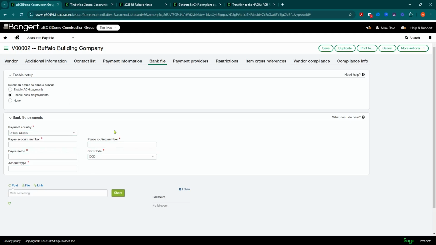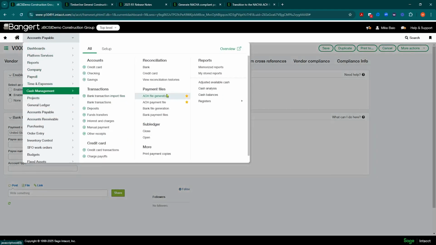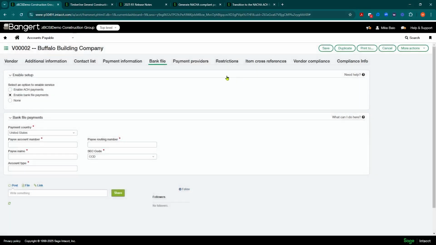So that is it. You'll be able to go through that process. There is a slightly different flow as far as when you get to cash management now. You're not going to be in this area like you were in the past. You'll be in this bank file area, but the same process goes into play. So this is a nice feature that a lot of companies were waiting for because some of their banks required balanced files. So looking forward to having these options inside Sage Intacct.